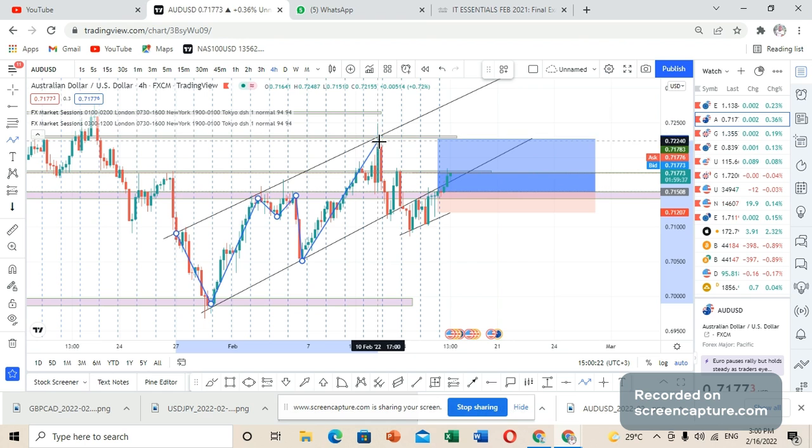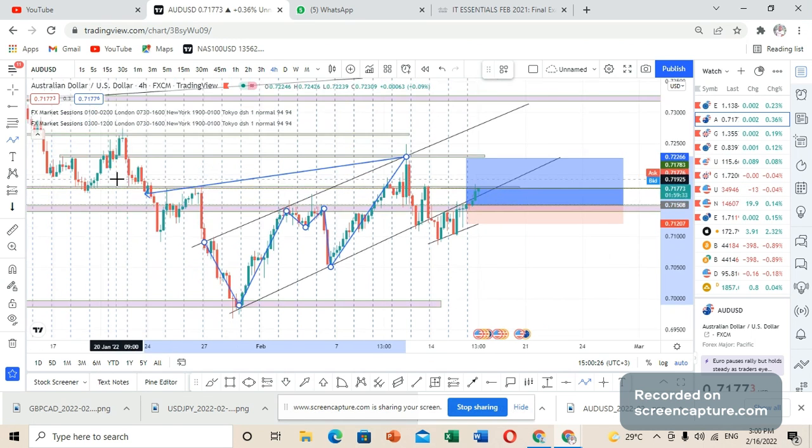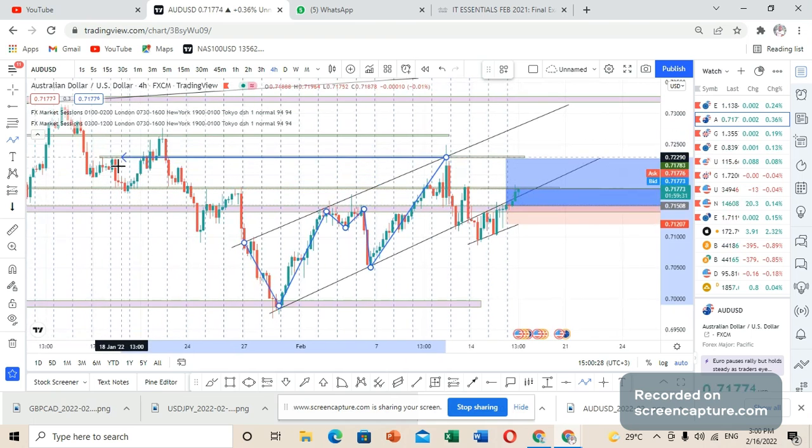Then we had a creation of a higher high again. So it came to this particular point of resistance. Previously, you can see that this is a very strong point of resistance based on the previous movement of the patterns of the market. So we had again another move to the downside. This also is a very strong point of resistance. That's why for those of you who like trading support and resistance, please be careful.